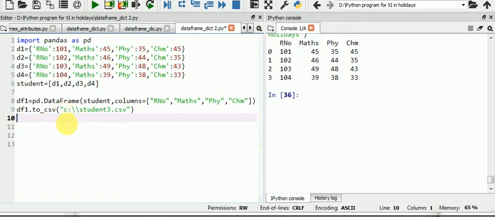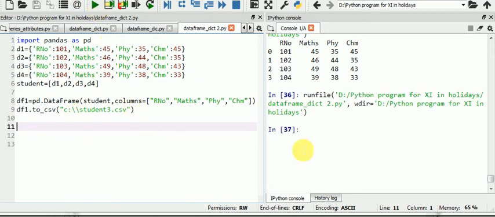No need to print here. Now run. No output at present here.